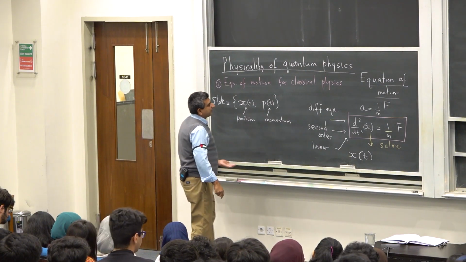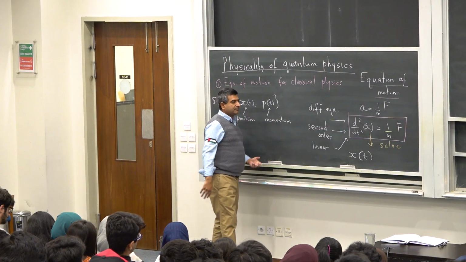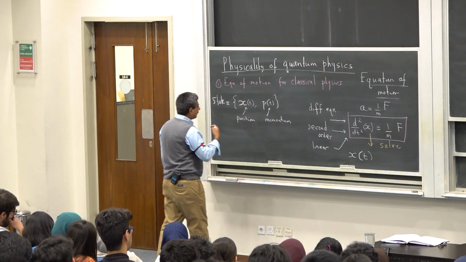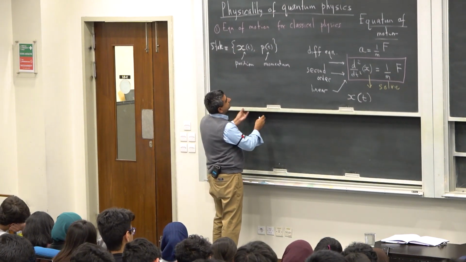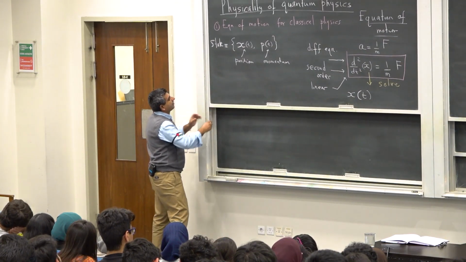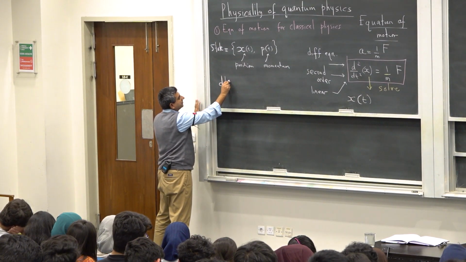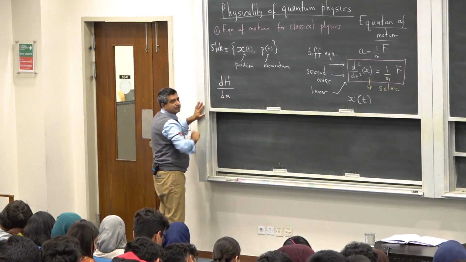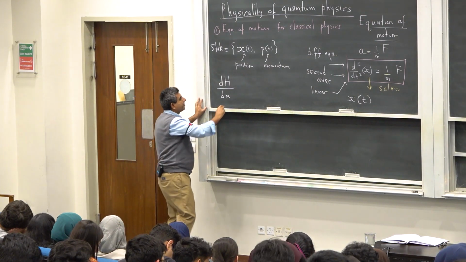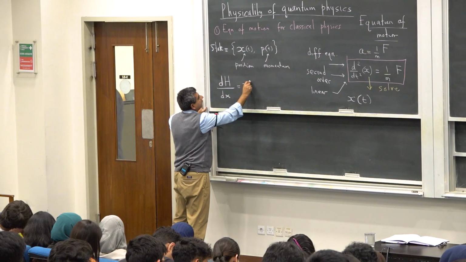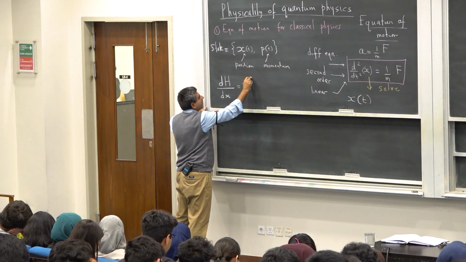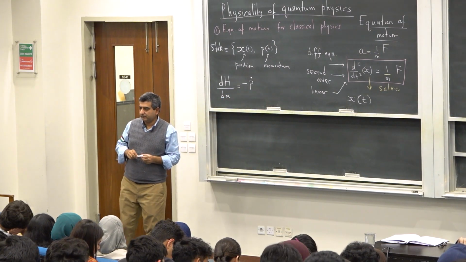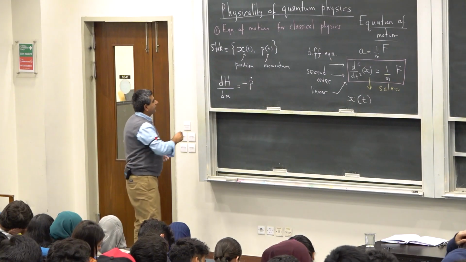So if I were to write down the equation of motion not in terms of the position but in terms of the state, the equations turn out to be the following. The first equation is dh over dx is minus p dot. P dot means the derivative with respect to time. That's another way of writing derivatives. This is my first equation.